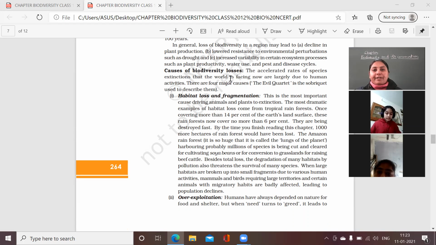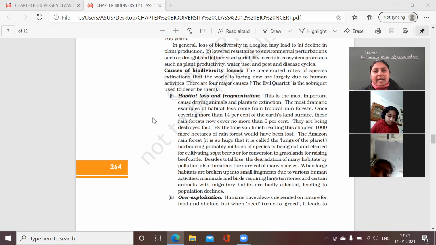ठीक है, that I am going to explain to you. तो यहाँ पे उसने आपको ये बताया हुआ है कि what we observe is that there is an accelerated rate of species extinction. ठीक है, what is the reason behind that? The reason behind that is human interference. ठीक है, तो before humans entered the episode, there were also many cases of extinction, but वो कहते हैं कि the speed of extinction of species was not as fast as when humans entered. ठीक है, तो here he has discussed 4 major causes of biodiversity loss, and the first one is habitat loss and